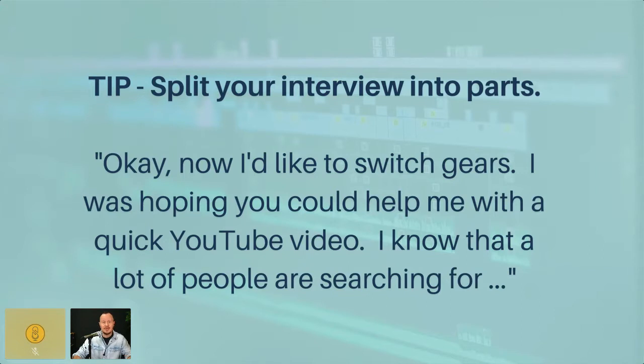What happens is your guest's posture changes a little bit. When you tell somebody they're actually going to be on YouTube, they perform more, and they tend to look at the camera more rather than at the screen where they've been looking at you and have gotten comfortable and slouchy during the interview. That gets a better performance out of them, and it also shortens the video into more snackable content that people on YouTube will enjoy more and watch the whole thing.